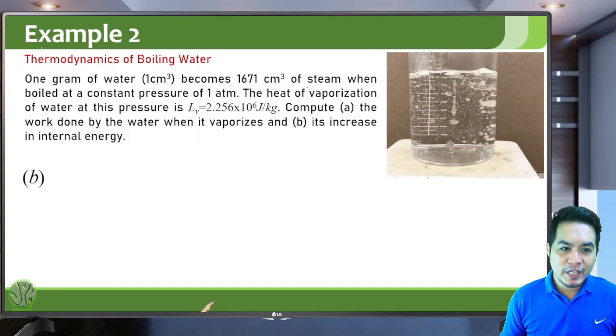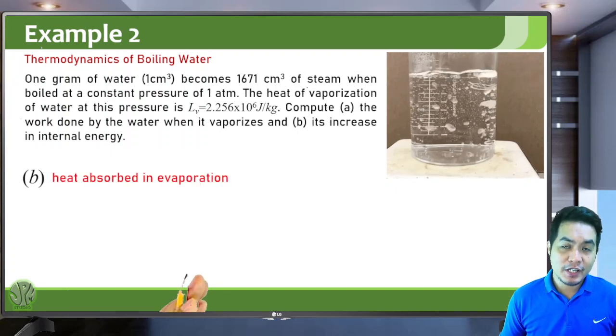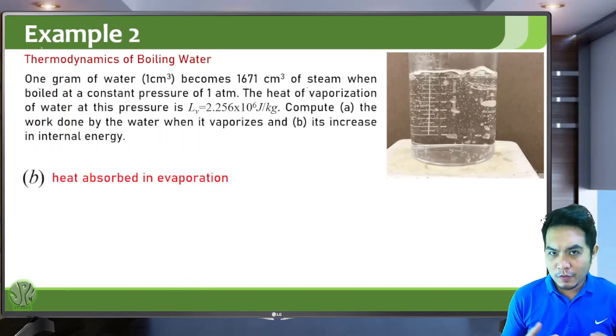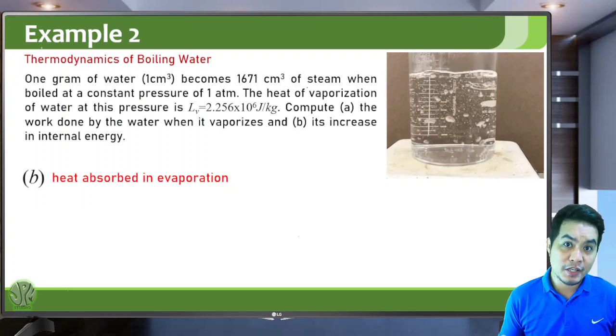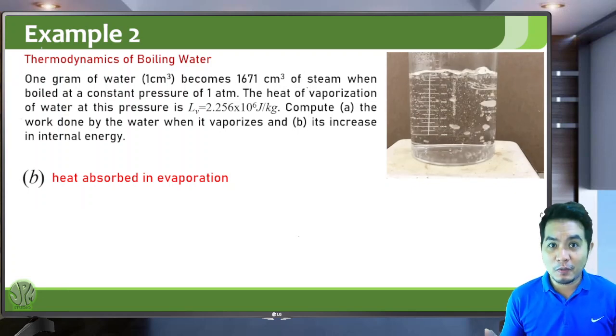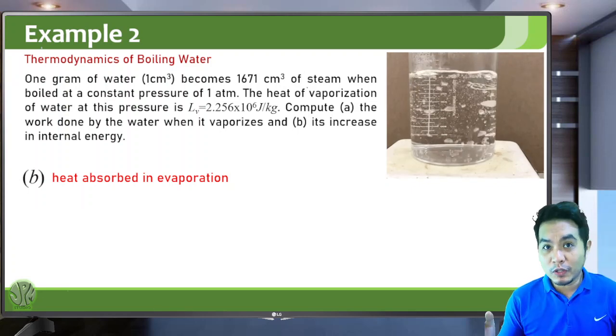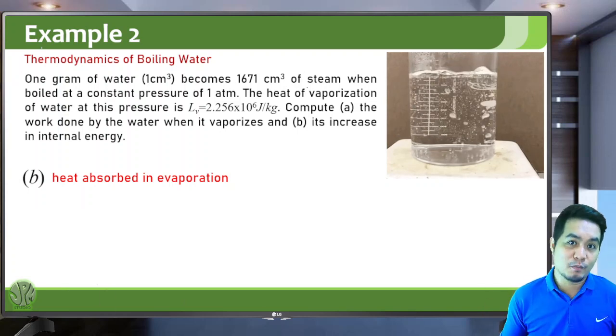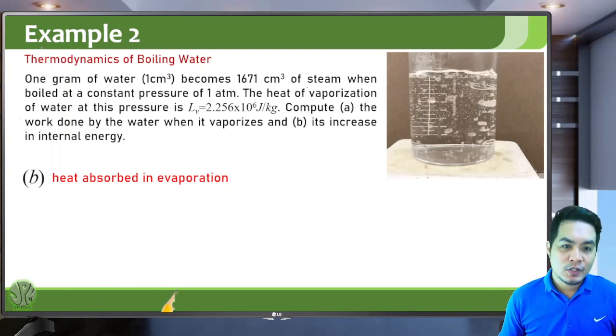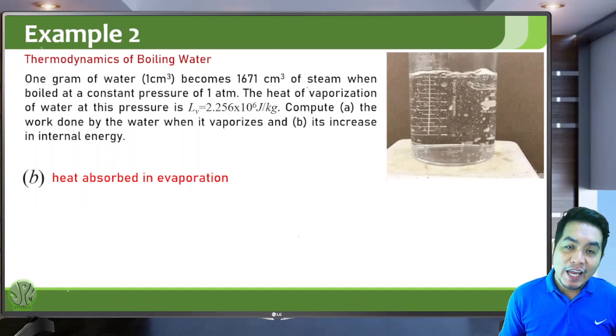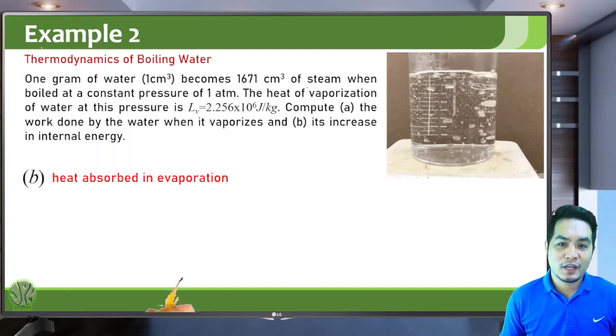Now for letter B, we're asked to find the change in internal energy. Before we can solve for it, since the change in internal energy is just Q minus W, heat minus the work, we know the work, but we still don't know the heat absorbed by the water. So the heat absorbed by the water during an evaporation process